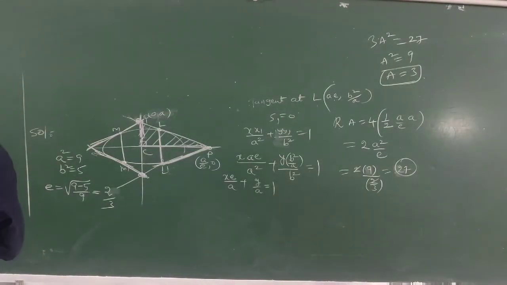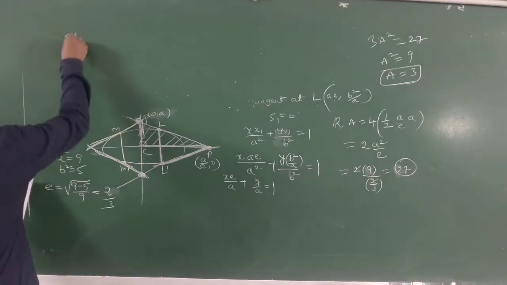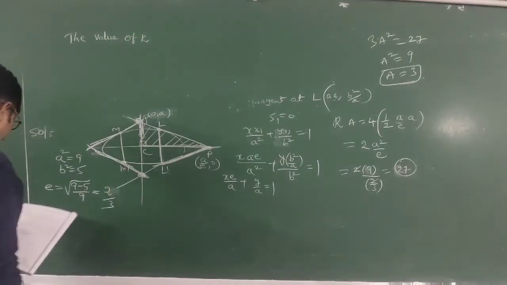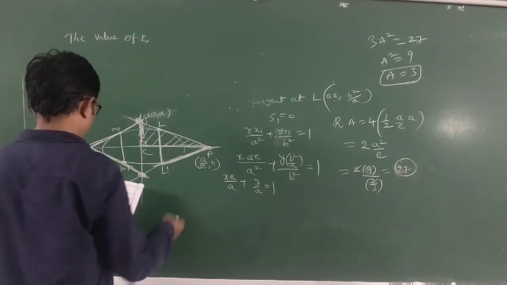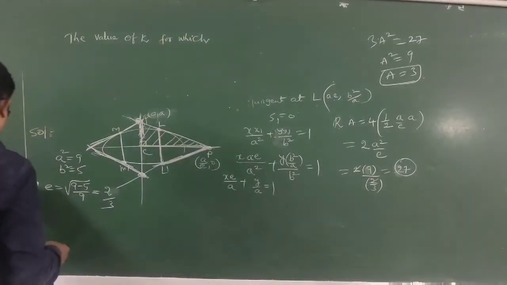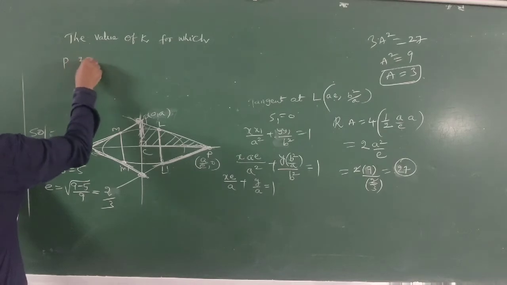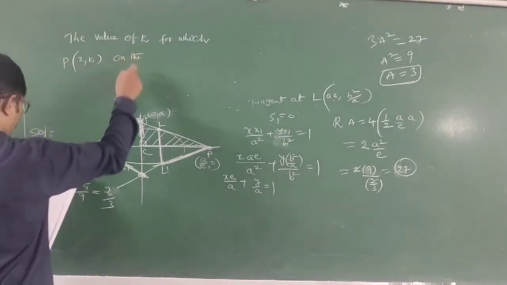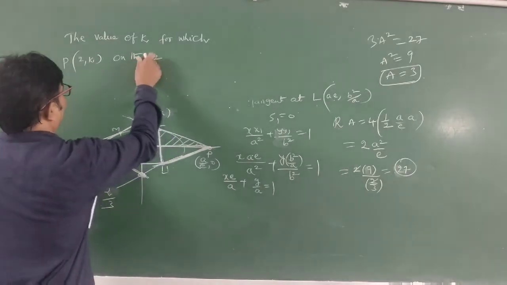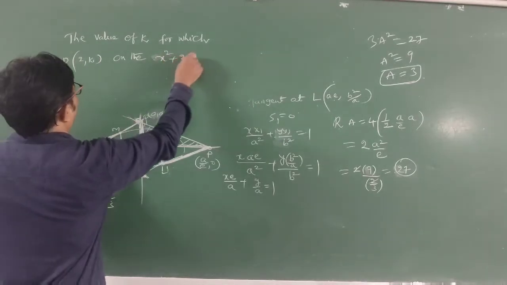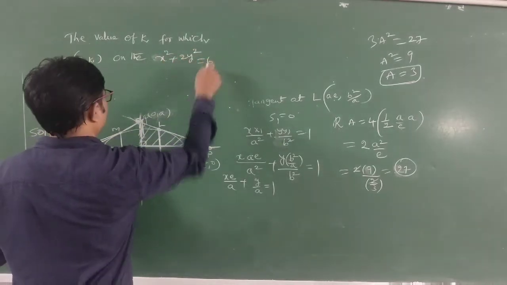Now students, another question. The another question is: the value of k for which the point P(2, k) on the ellipse x square plus 2y square equal to 6,